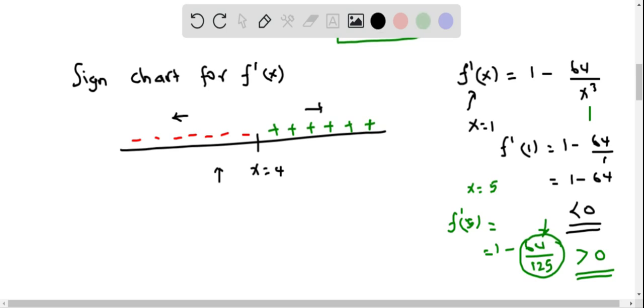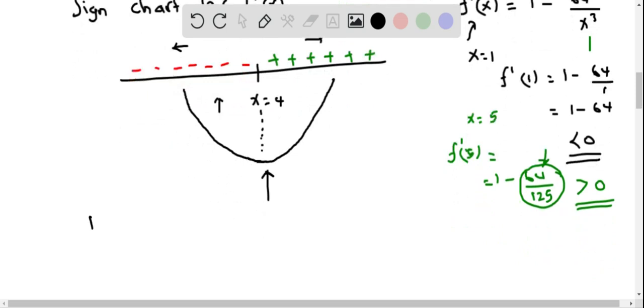So we can draw the graph of f of x as like it is decreasing. And at x equal to 4, we already said that the first derivative is 0. So we say that it is having a sort of a horizontal tangent. And then afterwards, it is positive. So it's going to be like an increasing function, which means we can now clearly see that the graph of f of x will look like it is having a relative minimum at x equal to 4. So therefore, we confirm that relative minimum at x equal to 4,